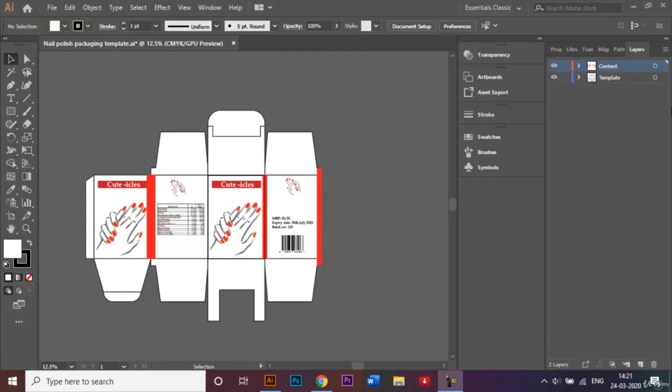As you can see here in the template, this first one right here which says cuticles is going to be the front side of my document, these two are the sides, and this is going to be the back side of my template. So what I'm going to do now is copy the front side of my document onto the side. In order to do that,